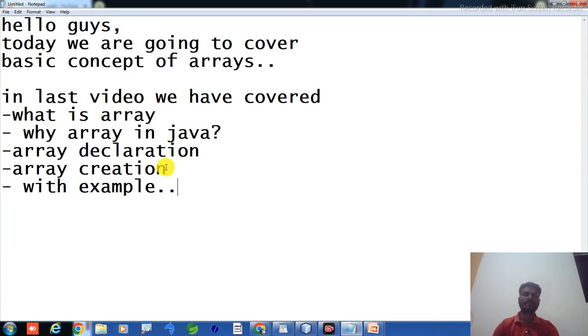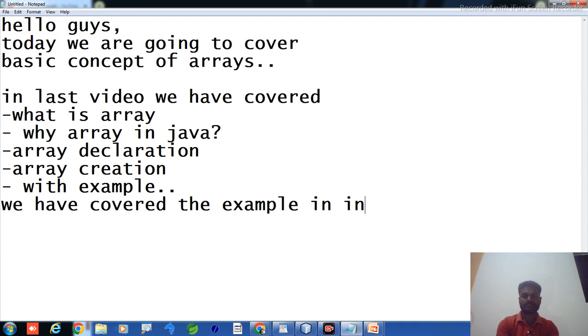We have covered the example with int, the example in integer values.